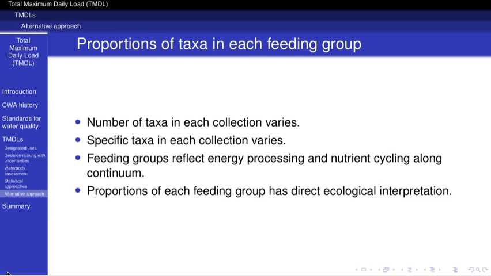Because feeding groups reflect energy processing and nutrient spiraling along the stream network, the ecological interpretation based on proportions of taxa is relatively straightforward. The numbers and proportions of individuals at any given collection event will vary according to their life cycles, but the proportion of taxa will be more constant because feeding groups reflect the range of available niches in the collection location. That is, not all individuals actually present on the sampled substrate will be collected, and those collected cannot be assumed to represent their proportions in the entire benthic macroinvertebrate population.